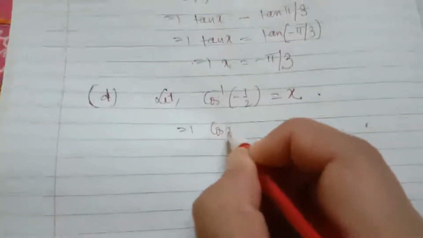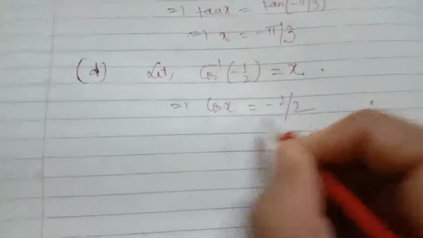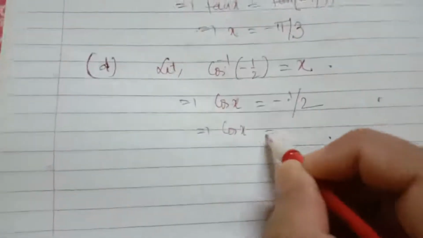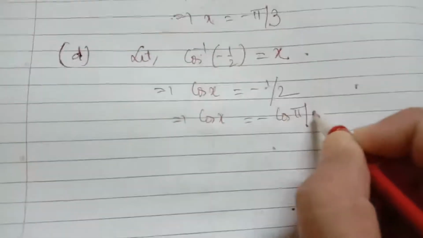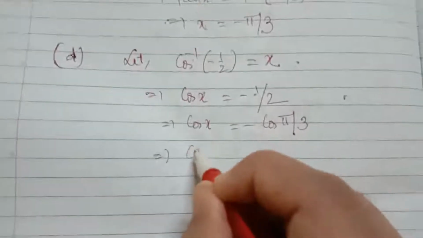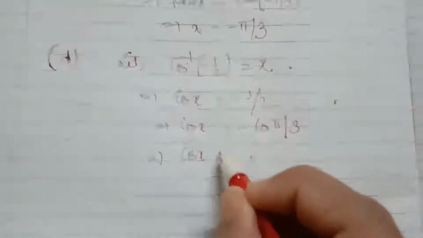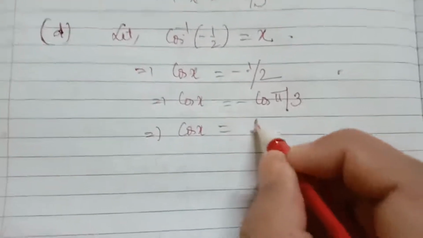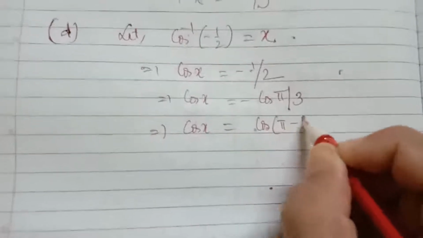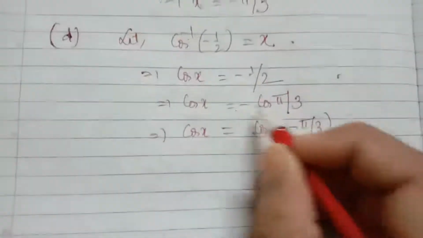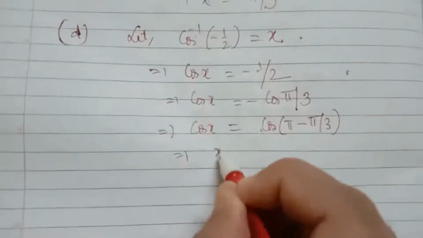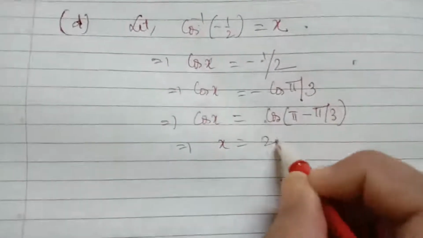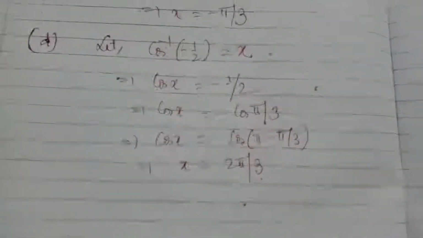Remember, now cos x equal to minus half. Cos x is minus of cos of pi by 3, cos 60 degrees is half. Now we cannot insert minus because cos of minus theta is not minus cos theta. Cos of minus theta is plus cos theta. We cannot insert the minus sign. We have to write it in this way, pi minus theta. Cos of pi minus theta is minus cos theta, and x equal to 3 pi minus pi, which will be 2 pi by 3. X equal to 2 pi by 3.